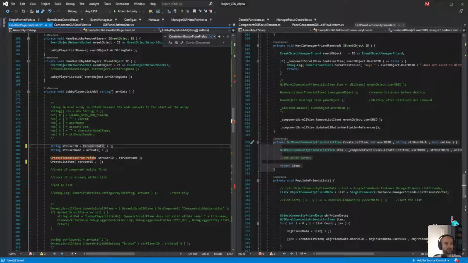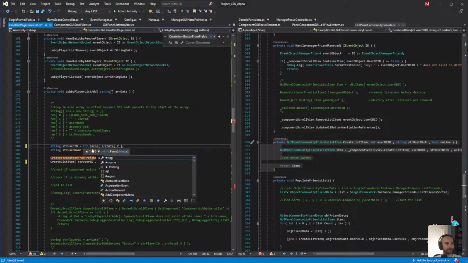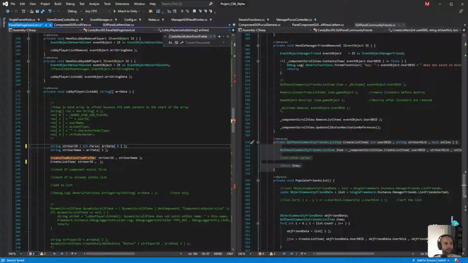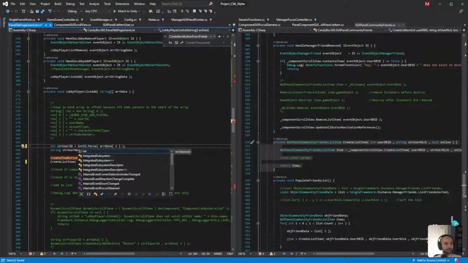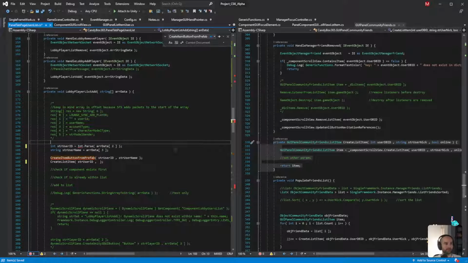It was parse, int.parse. I think that's it. So then this will be an integer. Or is it int32? I forget. There's a way that I did it. I just don't remember which one I did. I want to be consistent though.